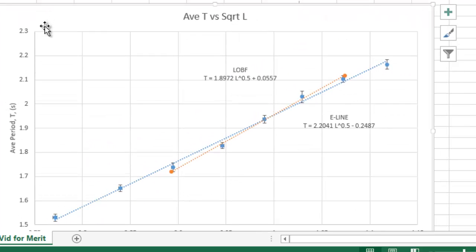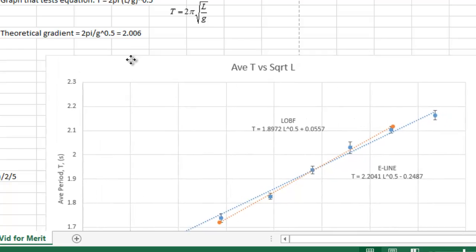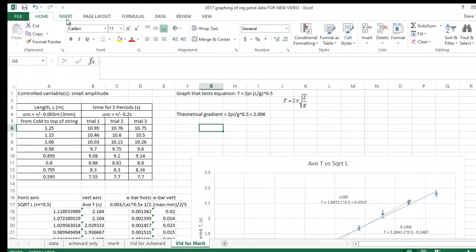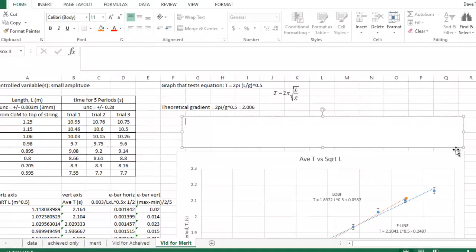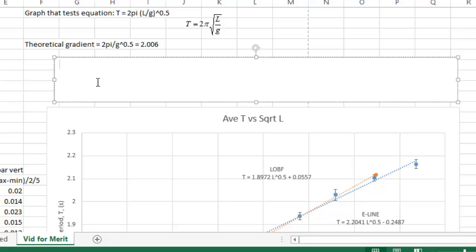The next thing we do is we do a few calculations. So most people would probably insert a new text box. I'll do it up here so I can see everything. We can move it around later before we print. We want to get the uncertainty of the line of best fit gradient. And what that's going to be is the subtraction of the two gradients on our equation. Okay, so that's 2.204 minus 1.8972, and you get that subtraction